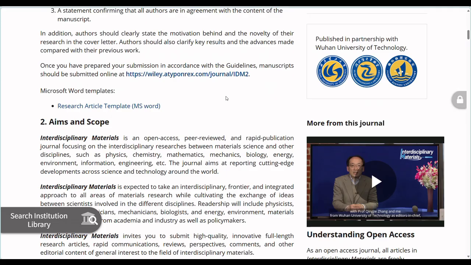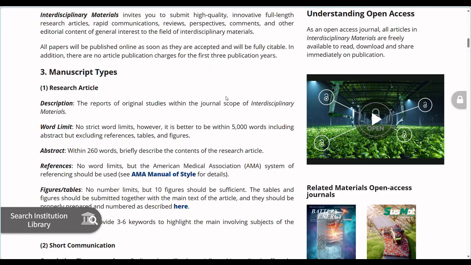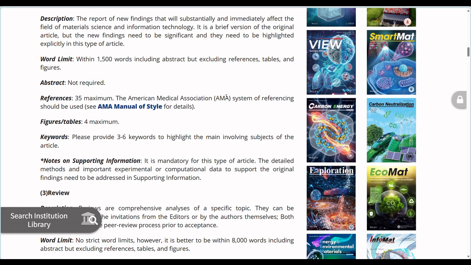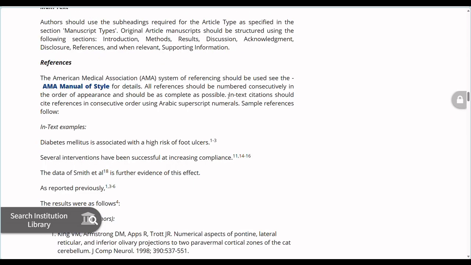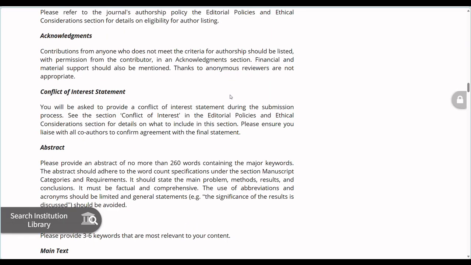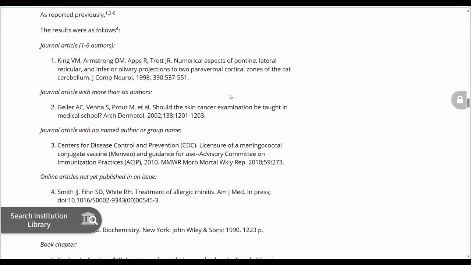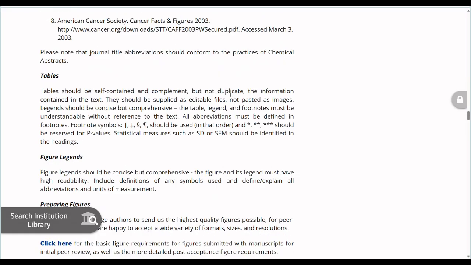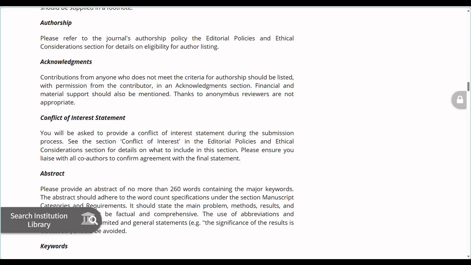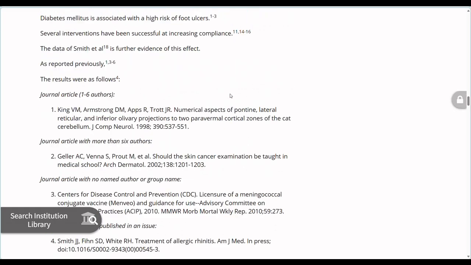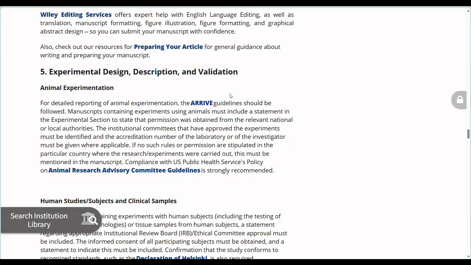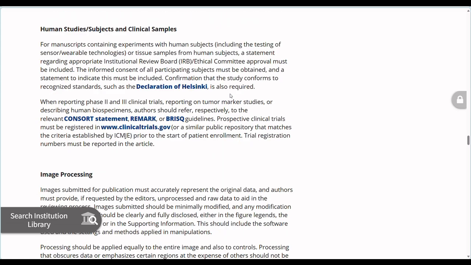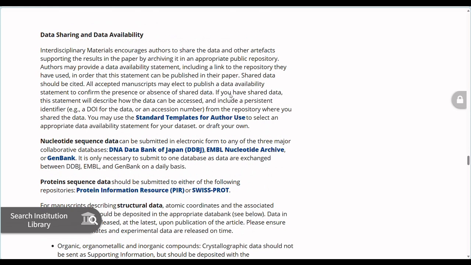Okay, let's see if they give an insight into how the article should flow. In this case, I've seen some parts, but I'm talking about conclusion in particular. I want to see more details. They talk about how tables should be formatted and other aspects. I just want to see more.